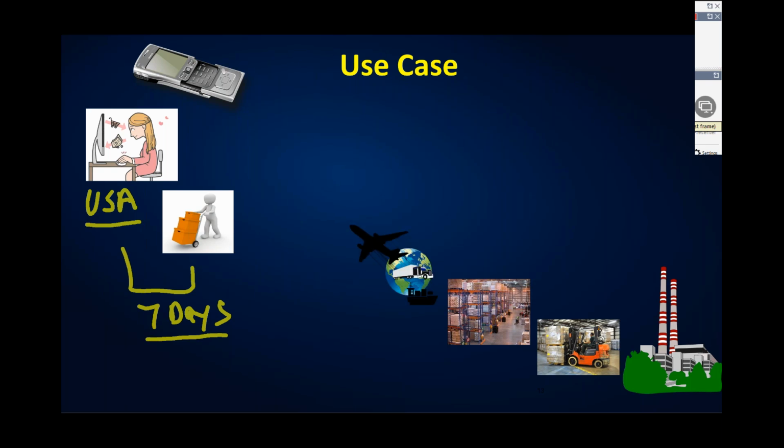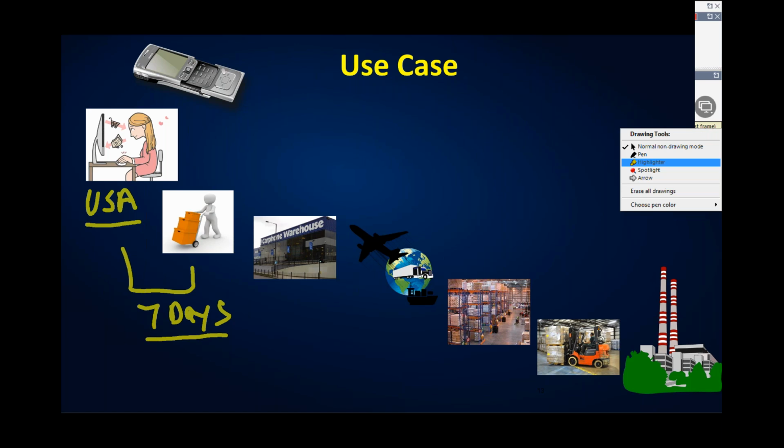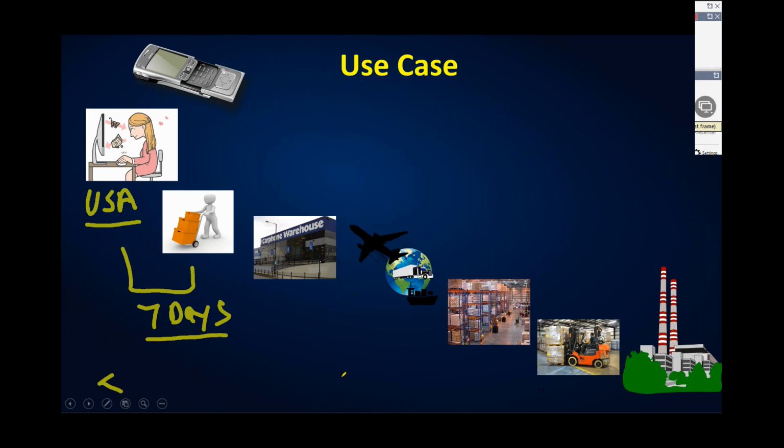It can be shipped by air, or it can be shipped through a port. In this case, to maintain the 7 day delivery, we might be shipping by air, and it has to reach the destination country warehouse, and from there it has to be delivered. All of the process needs to happen in 7 days, starting from order,